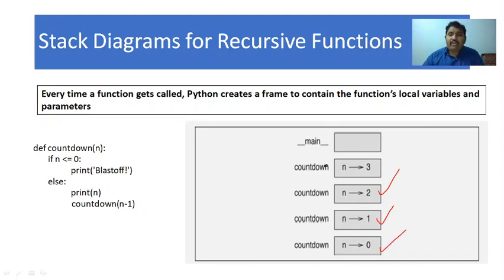For each and every function, what does the stack diagram contain? It contains the function name and a rectangle. Inside the rectangle are the local variables inside that particular function and their current values. I have already discussed this topic in the previous class. If anyone has a doubt, go to the previous video in unit 1.